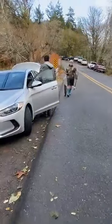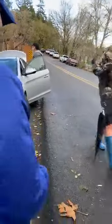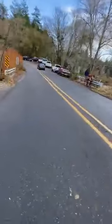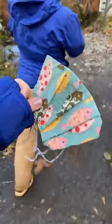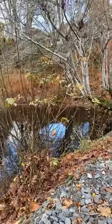All right, we have some fishermen with a nice salmon here. Here comes the car. Hey there. All right, I brought my fantastic fish mask because I have a feeling, well, we already saw one salmon, but I think we're gonna see some more. Let's take